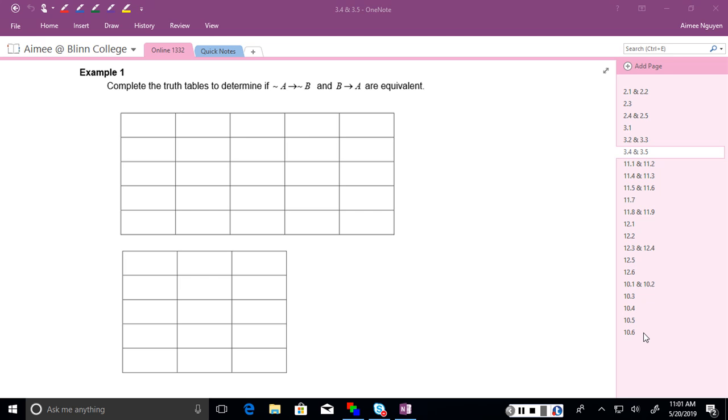This time we will talk about section 3.4, which is equivalent statements. So still talking about logic, and actually a lot of this we will still use truth tables, so we still need to have truth tables. We're just going to now talk about what equivalent statements are. So equivalent statements